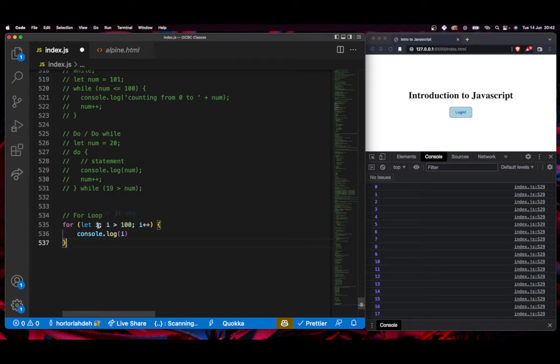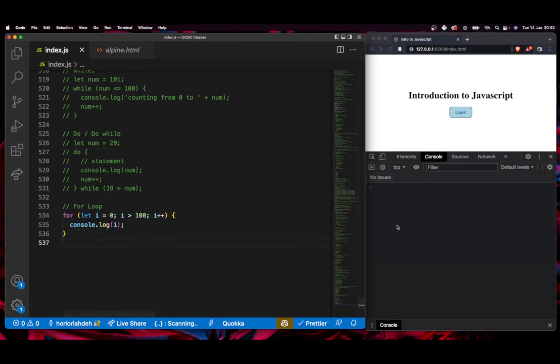So here initially we don't need to specify the value of our counter outside of our loop. We can just declare the value of our counter inside of the loop's parentheses, where we have the condition. So the first one is the initial value of the iterator. The second one is the condition that will bring this loop to a close. Then the third one is the increment. So if I save this,